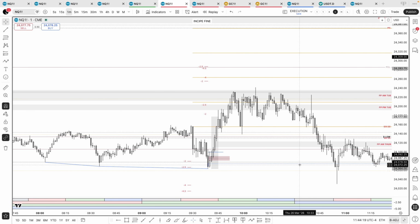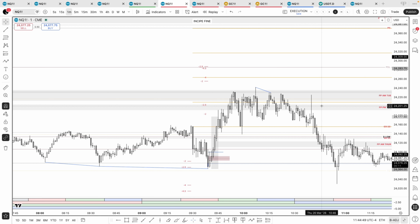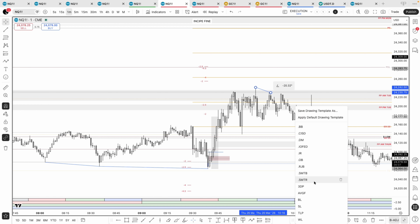And with that being a cracking correlation in its own form as well, we also have more cracking correlations presenting itself right here. So we know that this high ended up coming and engaging with the equilibrium of this respective range. So from this high all the way down to what was the low of the day, engaging with the equilibrium, and we have the cracking correlation that resides right here. Everything would be pretty smooth for that sell side